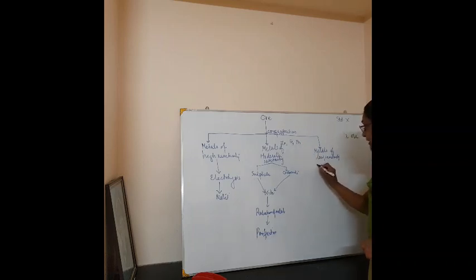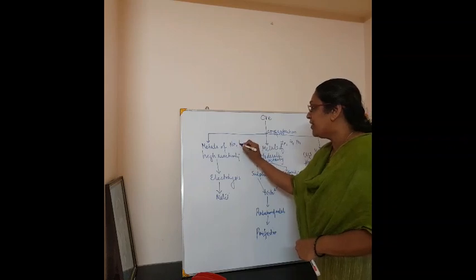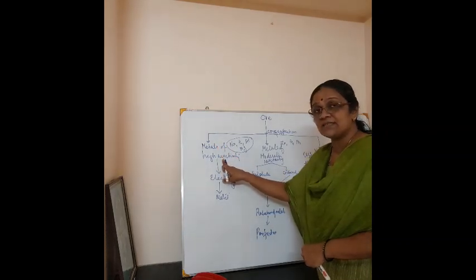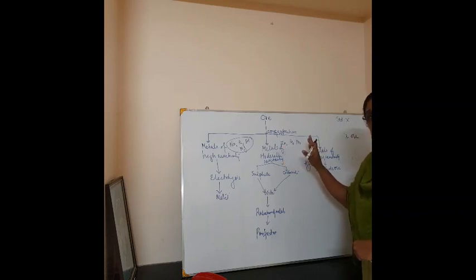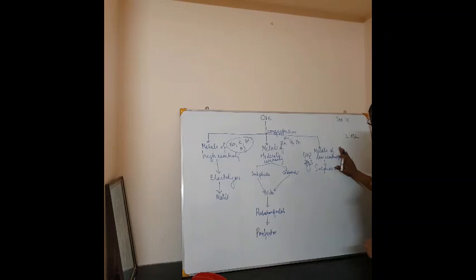Now coming to metals of low reactivity. Normally the metals of low reactivity are seen as sulfide ores, for example, HgS or copper, Cu2S. High reactivity means the topmost: sodium, then potassium, then aluminium, then magnesium. Moderate reactivity means zinc, iron, lead, etc. In between also there is manganese, for example. Metals of low reactivity, like mercury and copper, are seen as